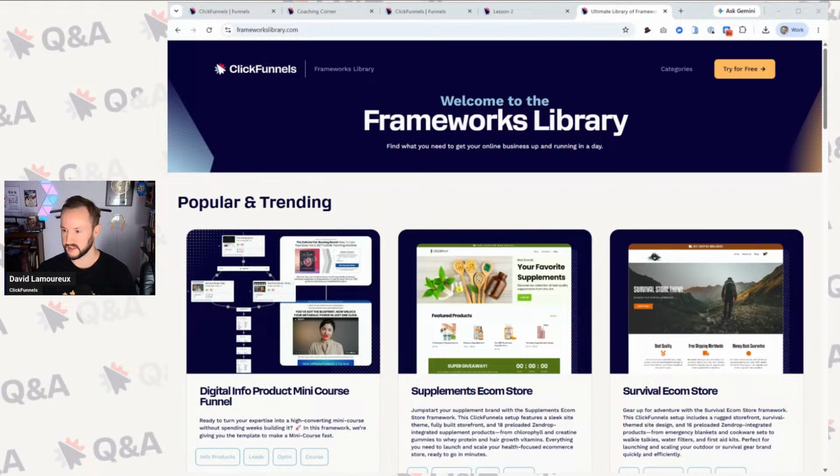Rather than just a funnel template, you can actually have workflows and products and stores and themes and course funnels and all sorts of fun stuff in there. Okay. So frameworks are a great place to get started. They're more than just installing a funnel template, like we said. Okay. So this one here today, what it includes